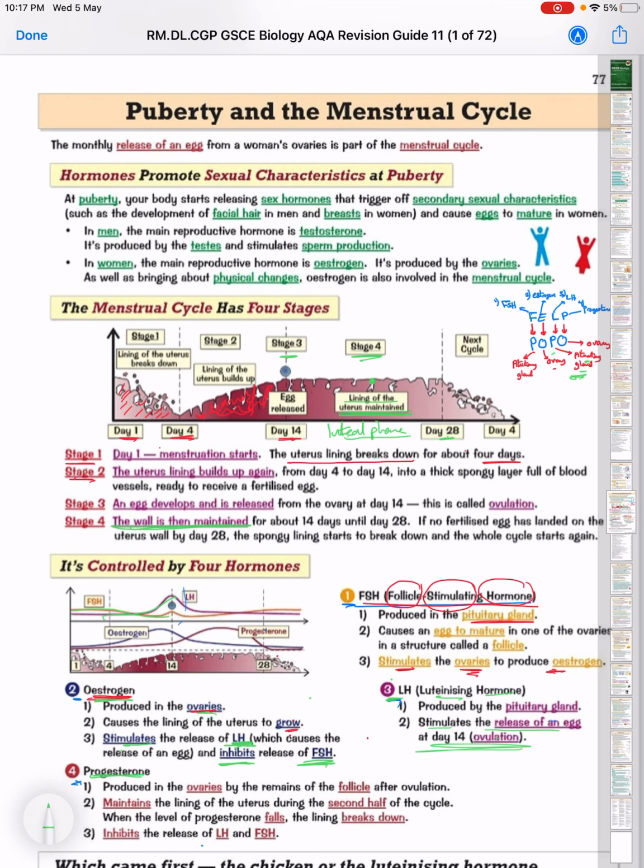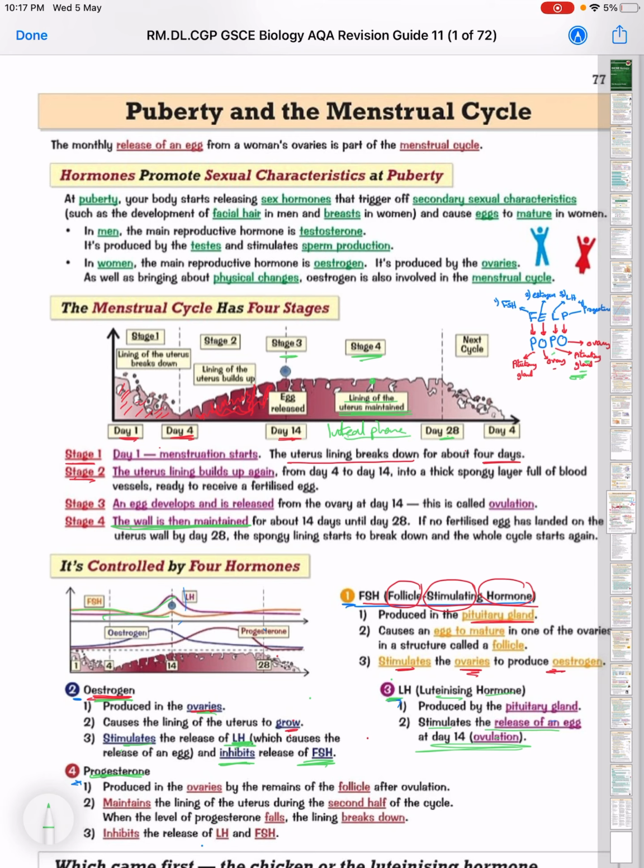If there is no fertilization that took place and no implantation of the ovule inside the uterus, all of this lining will shed off, so at day 28 we can see our next period coming, and the blood will be coming out from the vagina, which is very characteristic for the start of the period. So that's what the progesterone does. At the same time, when this progesterone falls, as I mentioned, the lining will break. This inhibits the release of LH and the FSH, and then the cycle starts again at day 1 with